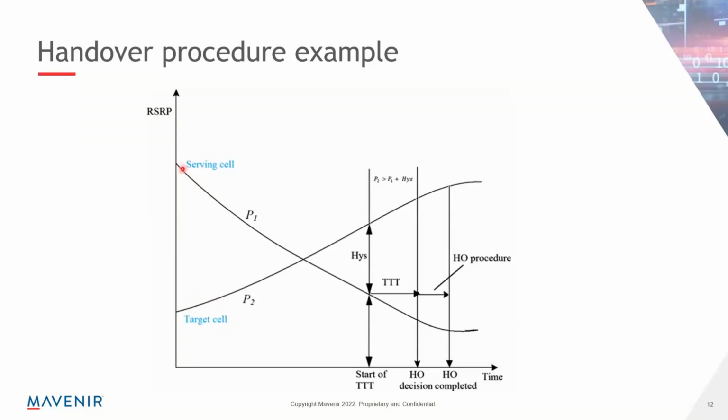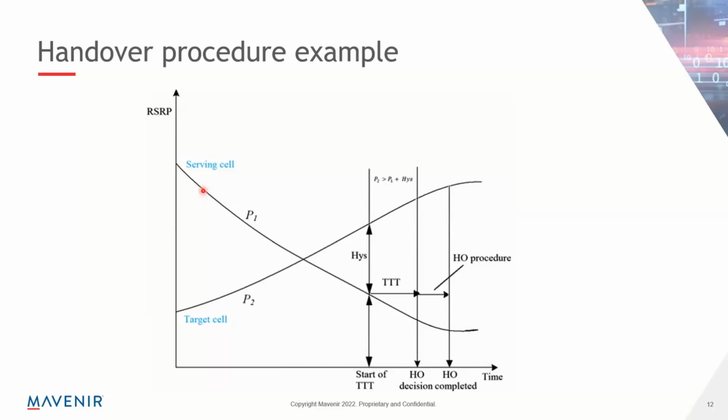You have the serving cell. Let's say I have a UE, so I am getting the signals from this P1 signal. Always my signal is higher than the other signals that I get in that particular cell. So that's why this becomes the serving cell. But when I'm moving out from the cell